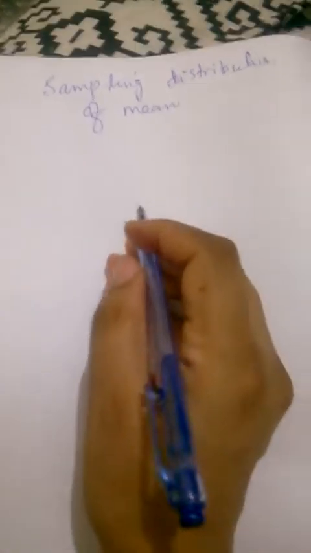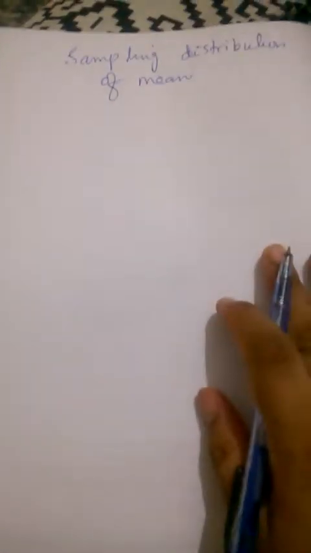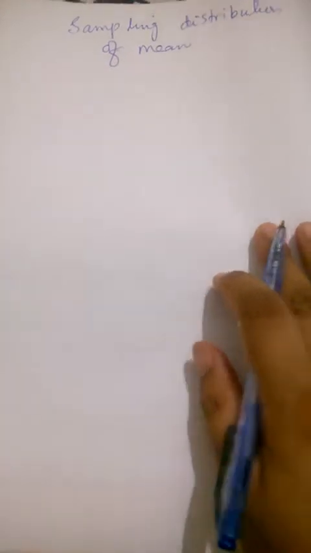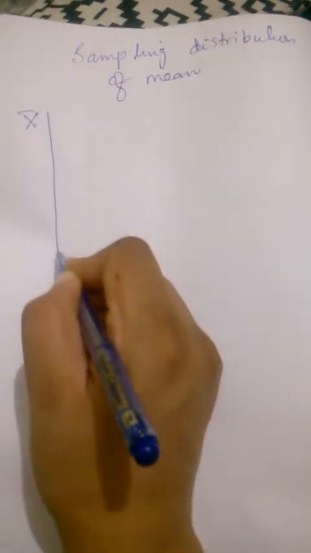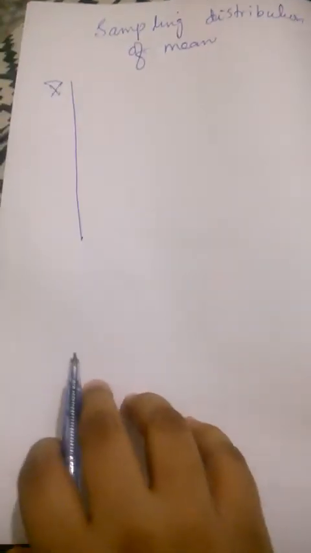Sampling distribution is actually the probability distribution of the mean. Probability distribution means it is a kind of distribution in which you have values assigned along with the corresponding probability of their appearance. So in this case, you have to write all possible values of your sample mean which you have found in the previous step.